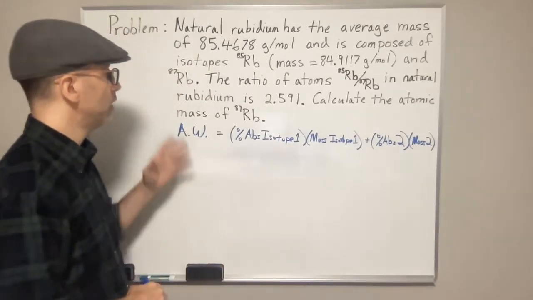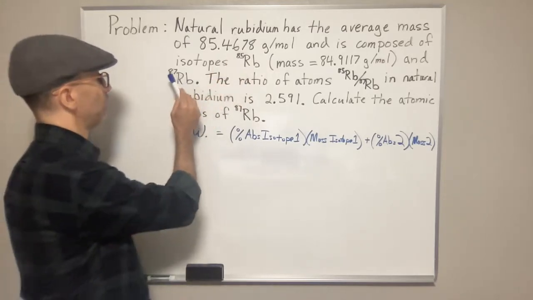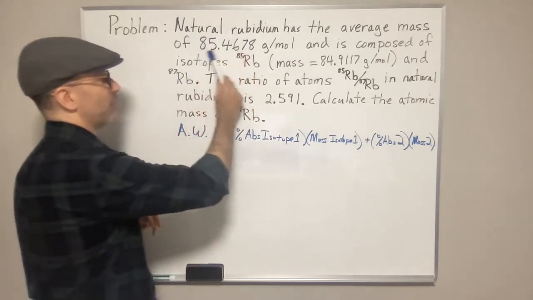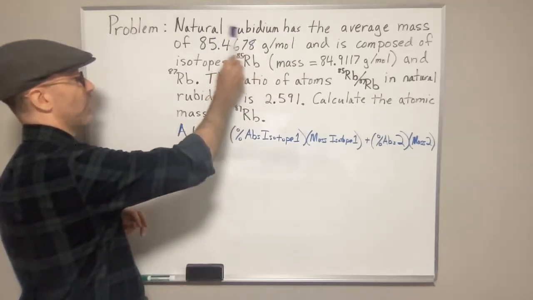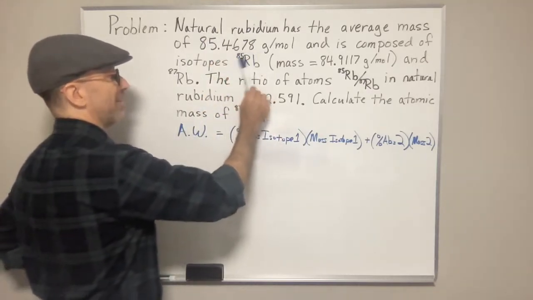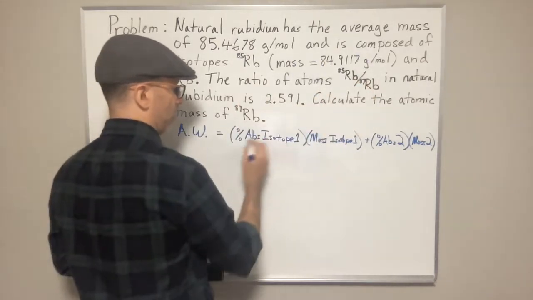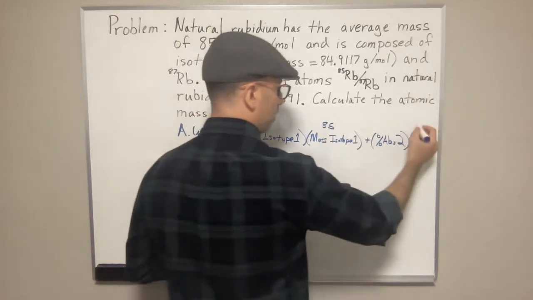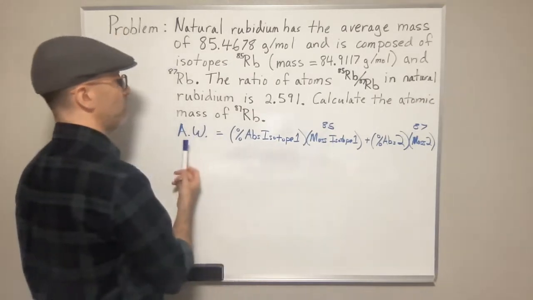Okay, so we've got the mass of rubidium-85. They're giving us rubidium-87 and rubidium-85. Those are the 2 isotopes of rubidium. They're giving us the average atomic mass of rubidium, so that's our average weight here, and that would go here. They're giving us the mass of rubidium-85, so that would be 1 mass. So if we say mass of isotope 1, let's say that this is 85 and then this is 87. So they're giving us this, they're giving us this,